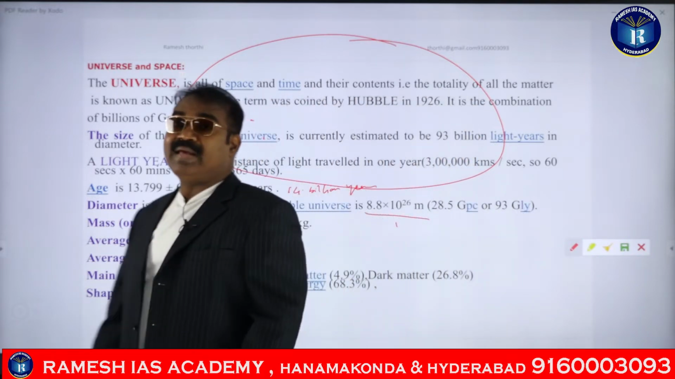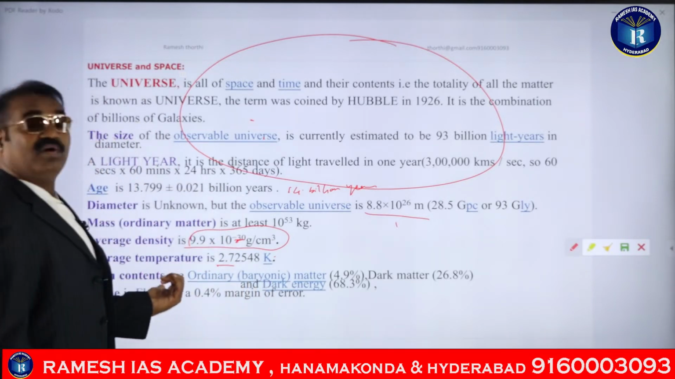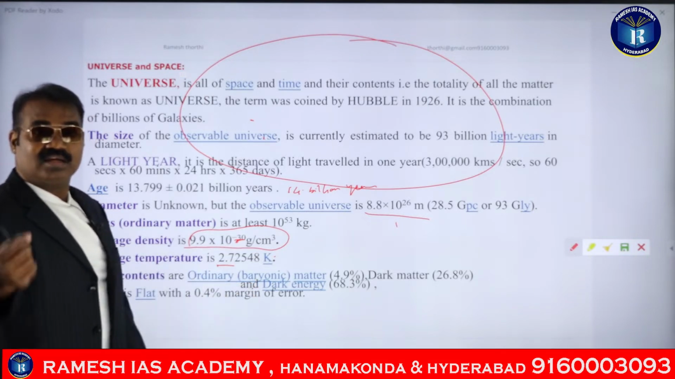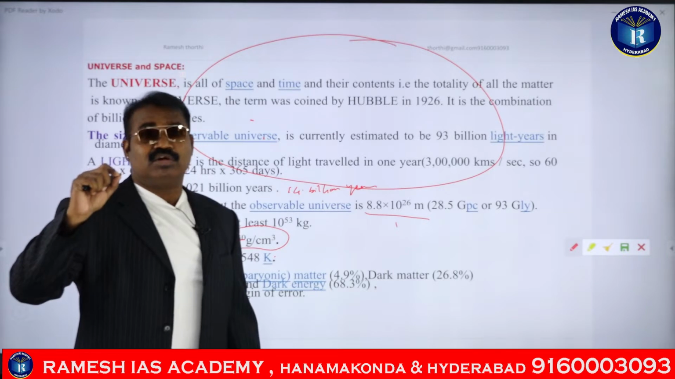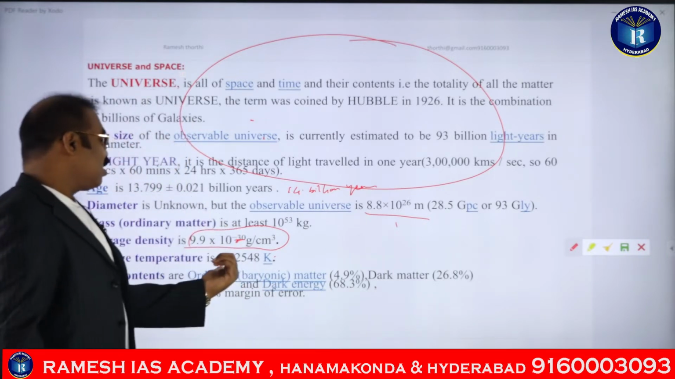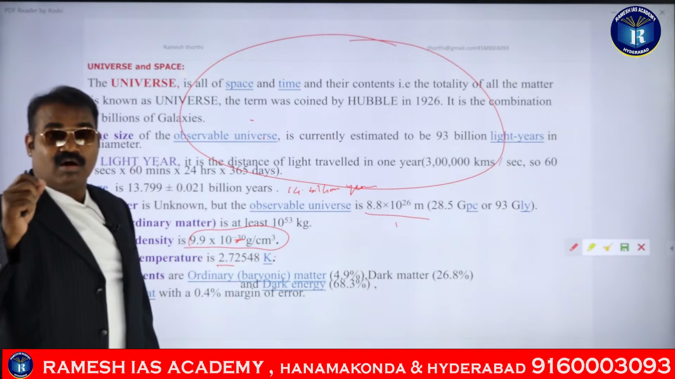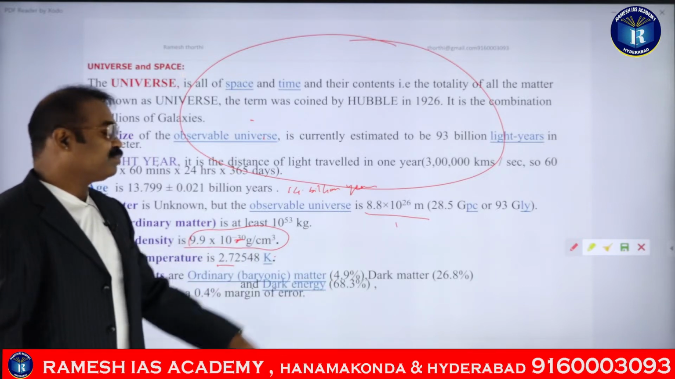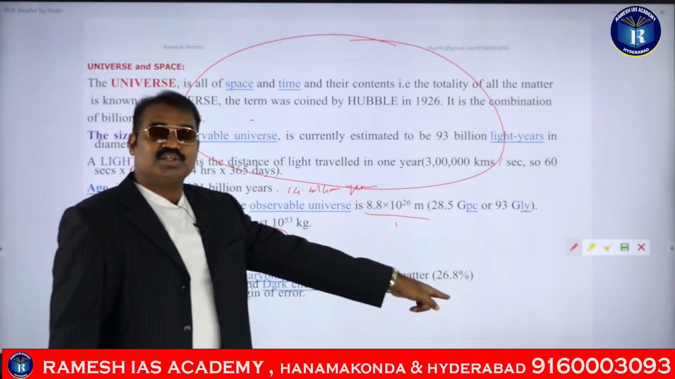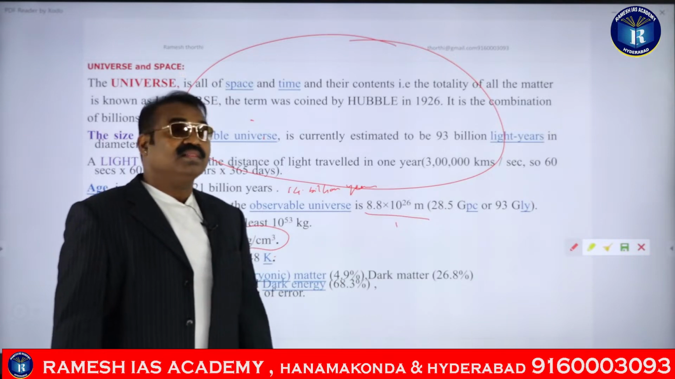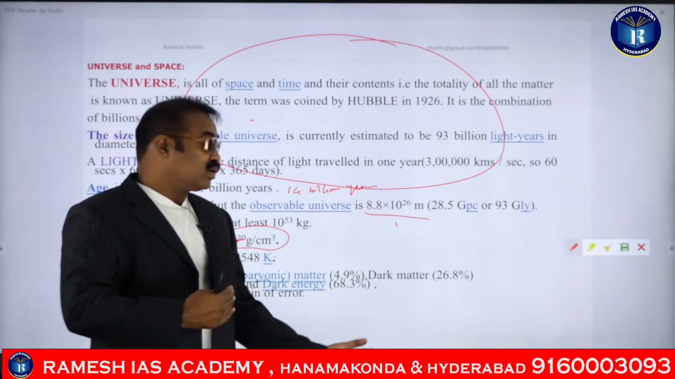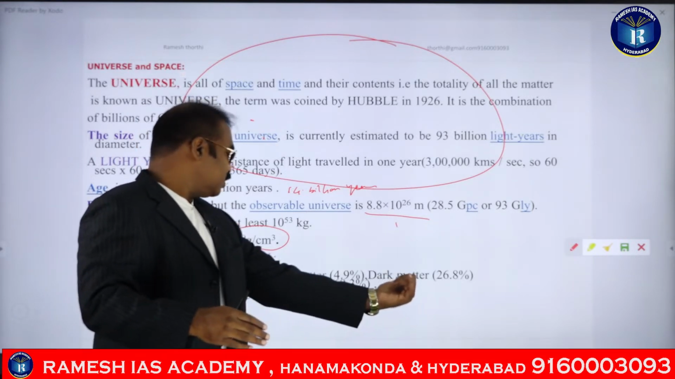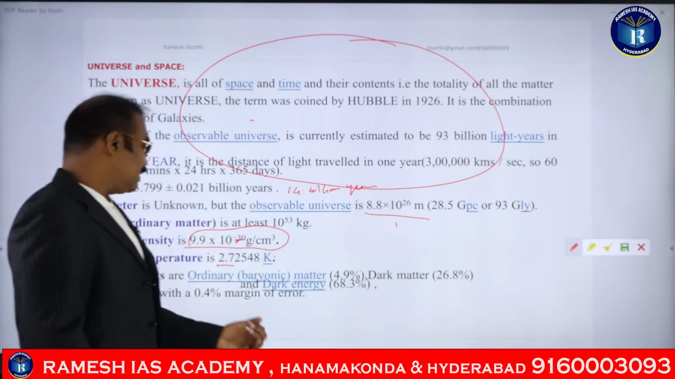Okay, and the main contents of our universe are the baryonic matter. Baryonic matter is nothing but the subatomic particles, which are also called hadrons. That is called the ordinary matter. The baryons or hadrons constitute 4.9% of the total universe, and the dark matter consists of 26.8%. We will talk about what the dark matter is. Actually, quark-gluon will be taken into consideration in the dark matter, and then the dark energy